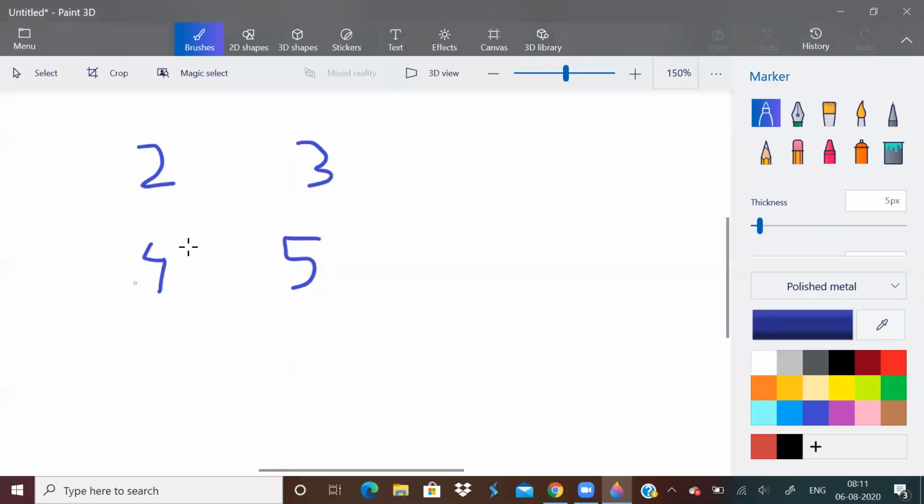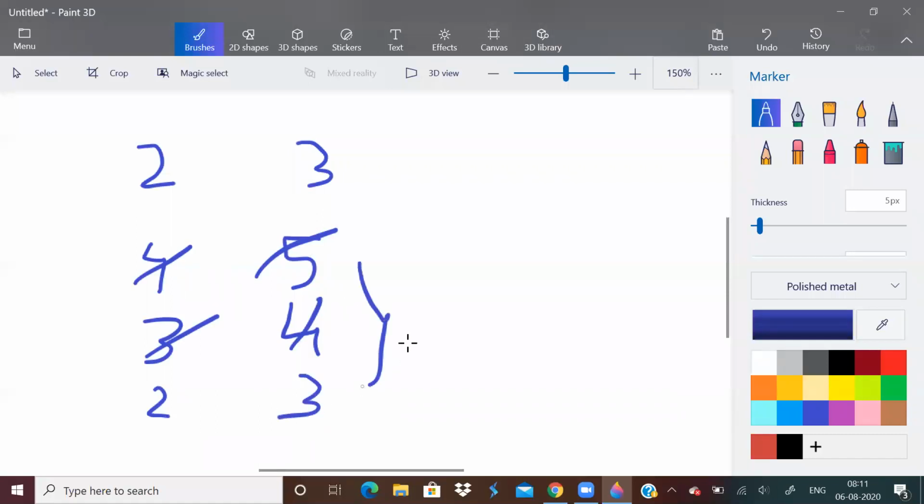Or I can reduce both of them by 1, so 3, 4. I can again reduce both by 1, 2, 3. In this way, I minimize the number of moves. It became only 2. If I did not do this, the number of moves would be 4 minus 2, 2, plus 5 minus 3, 2, so 4. So in this case, the minimum number of moves is 2, but if I had not done this, the number of moves would be 4. So this is what the question is asking: find the minimum number of moves. Whenever we get an opportunity to decrease both candies and oranges, we have to make use of that.